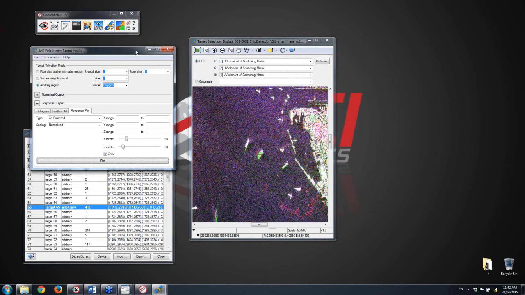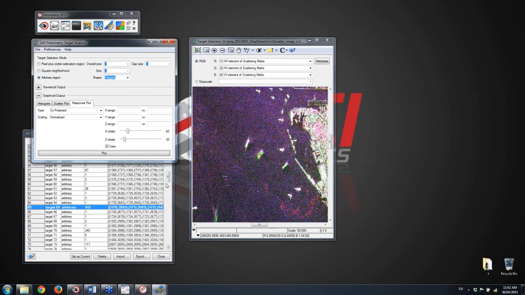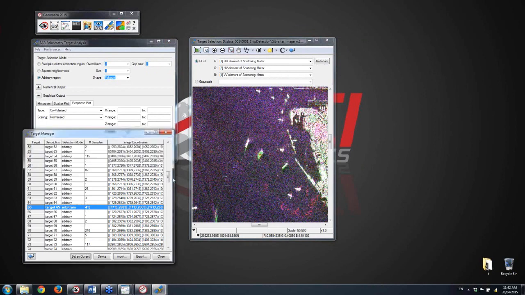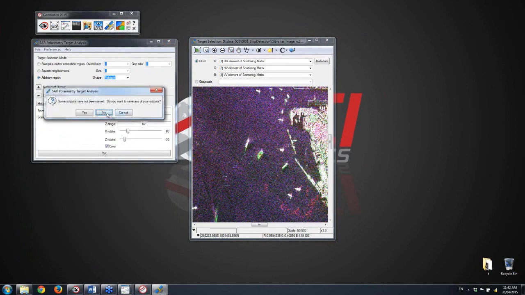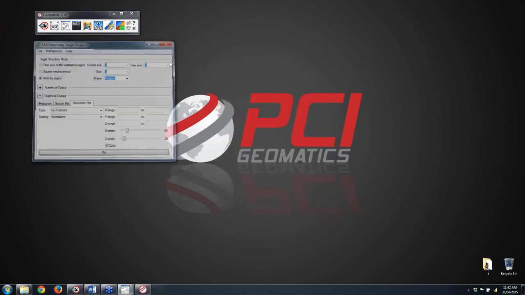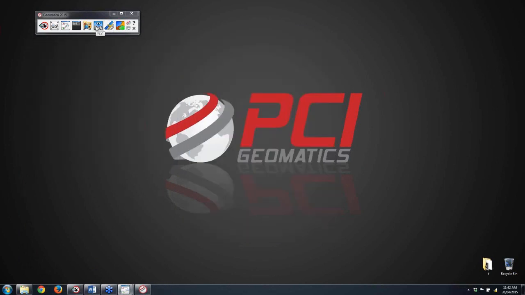So hopefully that gives you a sense of the power to walk back and forth between the different parts of the Geomatica software suite, and the ability to not only automate, but then do further analysis within, in this case, the target analysis software suite. So I'm going to switch gears now. We've been looking at a maritime